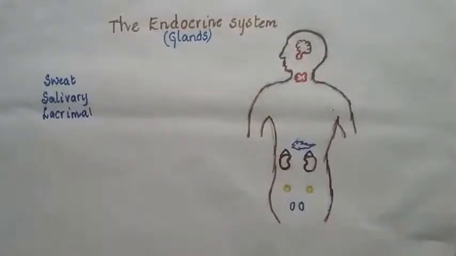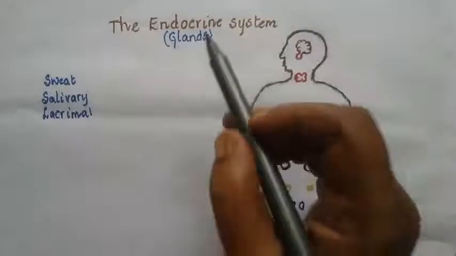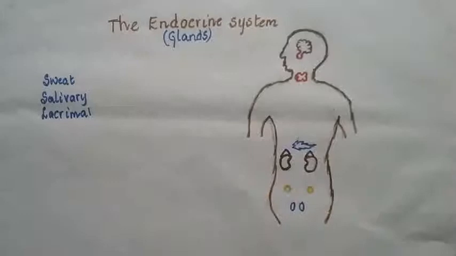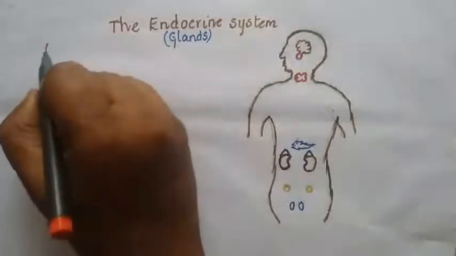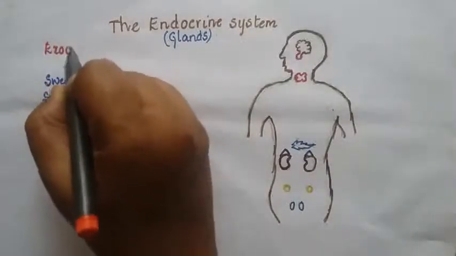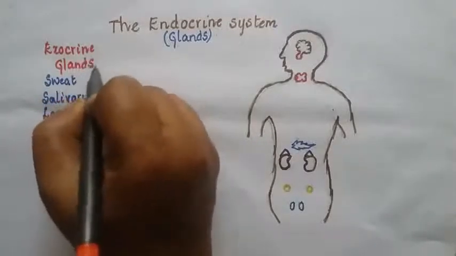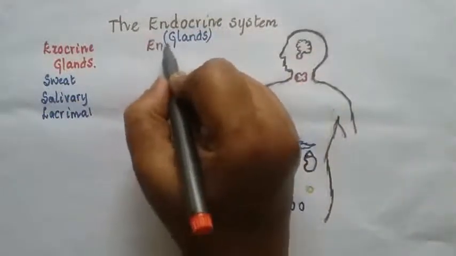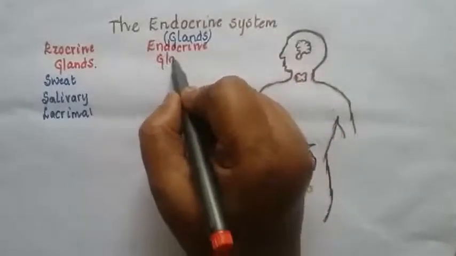Children, these glands, what we have learnt in the earlier years, are different from what we are going to learn in the endocrine system. So these glands, what we are learning in the endocrine system, are known as endocrine glands. Whatever we have learnt in the last year, we name those glands as exocrine glands. So in the endocrine system chapter, we are going to learn in detail about the endocrine glands. Now,